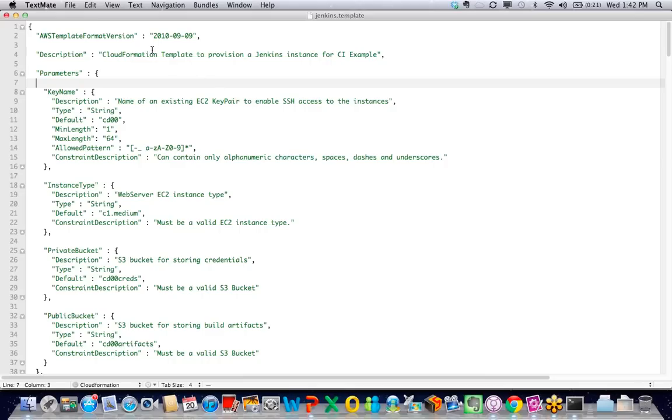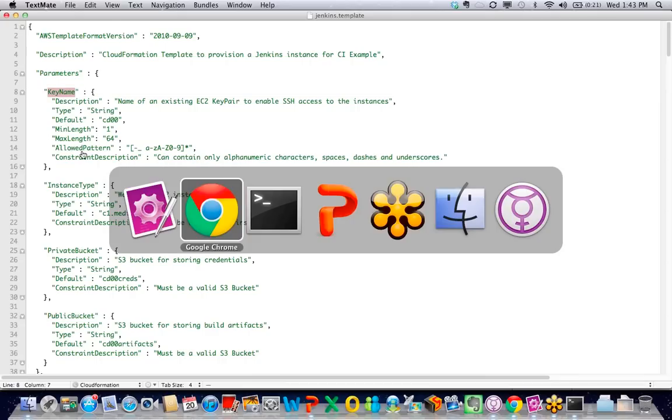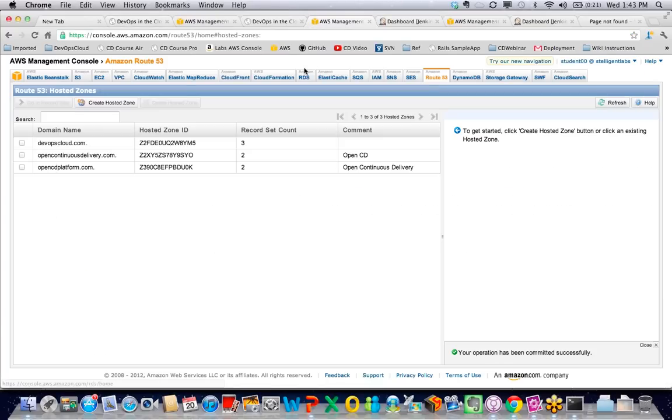So there's 6 kind of key components within a CloudFormation template. Really, description and AWS template format version, those are 2 of them. So it's really kind of 4. Resources, which is the second one we'll go over, is the only one that's required though. But the first one is parameters.